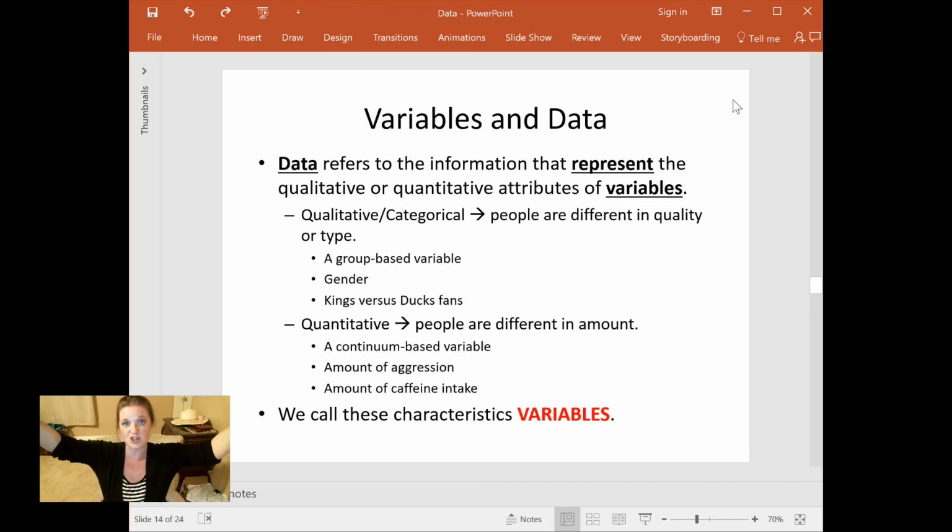No matter how many categories you have, if you're shoving people into distinct categories, there's a different kind of analysis you can do on that than if you're gathering information about a range of responses, like high to low, faster to slower. How fast you can run a mile is a quantitative variable. And there's a different set of equations you can use on that kind of data. So this is the single most important way to think about your data. Do I have a group-based variable? Or do I have a dimension, fast, slow, high, low variable? It's the single most important way to think about data.